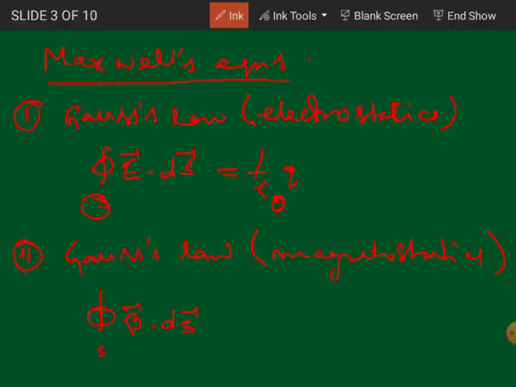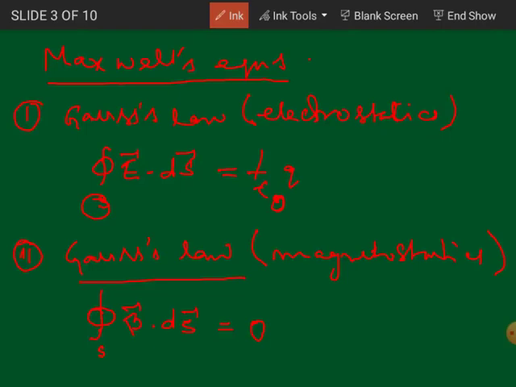Instead of 1 by epsilon naught times q, there is no isolated charge, as no isolated pole exists, so the right side will be equal to 0. So this gives the law known as Gauss law in magnetostatics, and this shows that